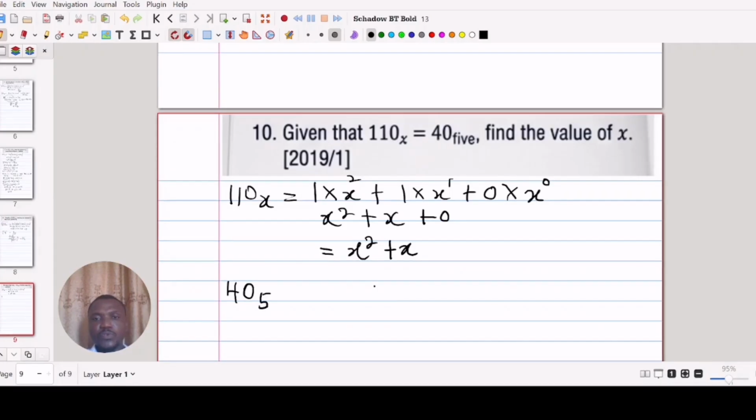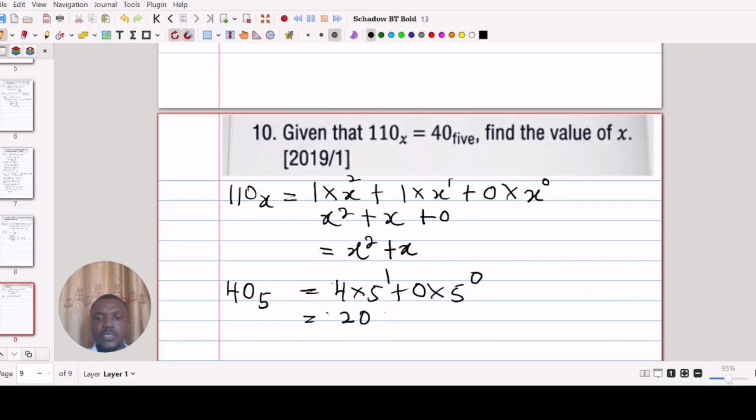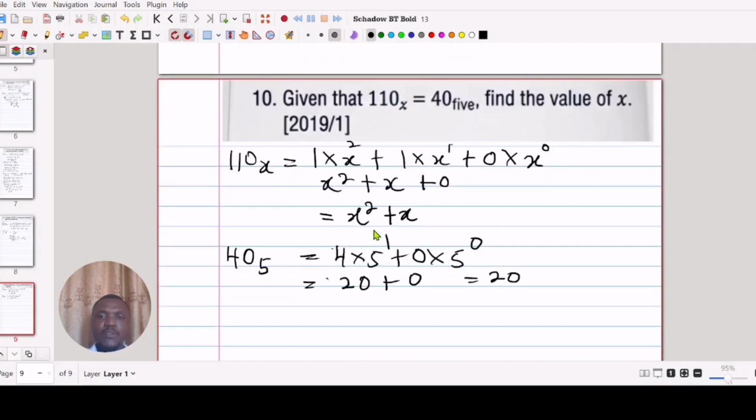So you go to 40 base 5. We are going to write it. That will be changing now. That will be 4 times 5 to the power 1 plus 0 times 5 to the power 0. Can you see it? So 4 times 5 raised to the power 1. 5 raised to the power 1 is 5, so times 4, that would be 20. 5 raised to the power 0 is 1, 0 times 1, that would be 0. So this is 20. So we can now write, instead of writing 110 base x, I'm going to write x squared plus